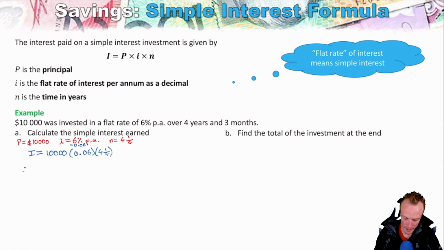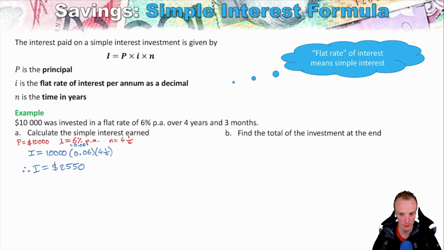So essentially we now just get our calculator out and we chuck these values in. So got 10,000 multiplied by 0.06 multiplied by 4 1/4. And we find that the interest is $2,550. Now, what's important to note here is this formula finds the interest, not the new balance of the